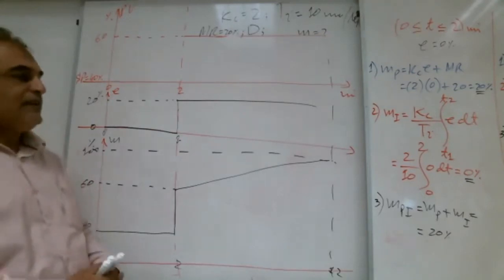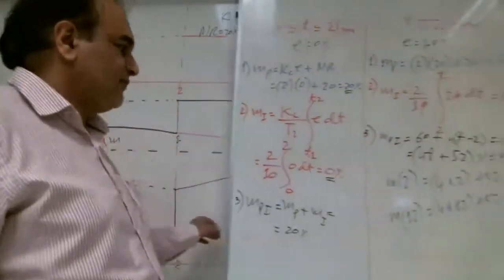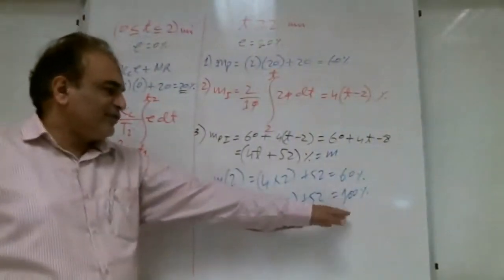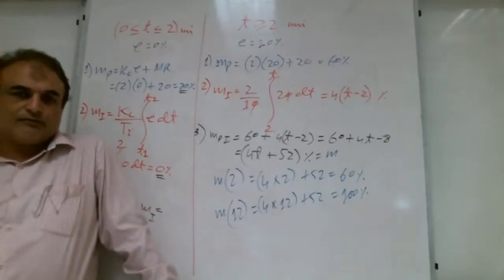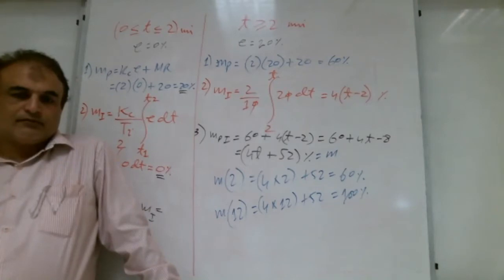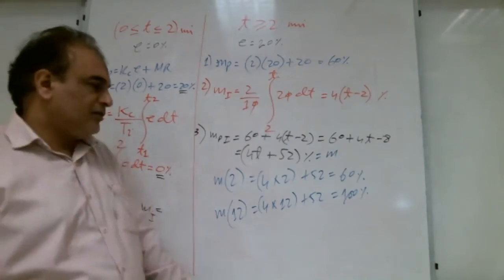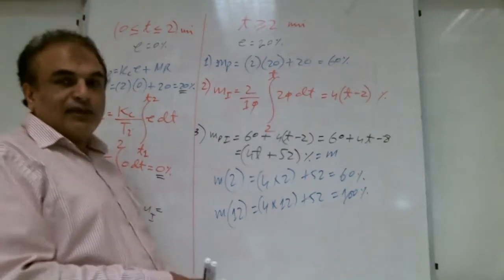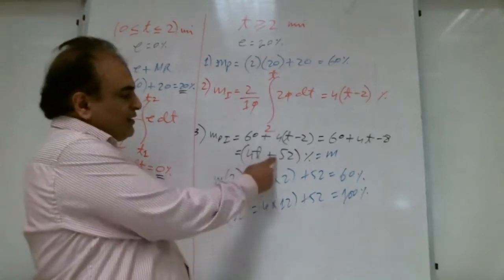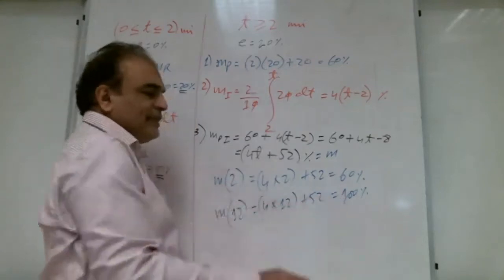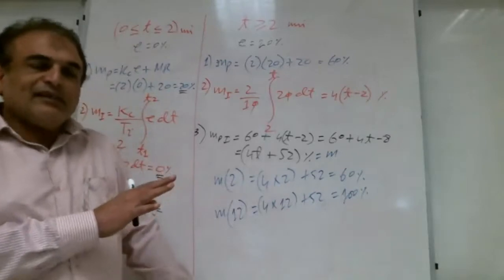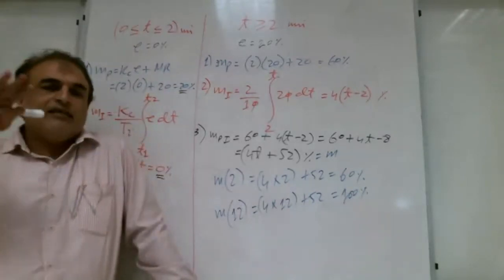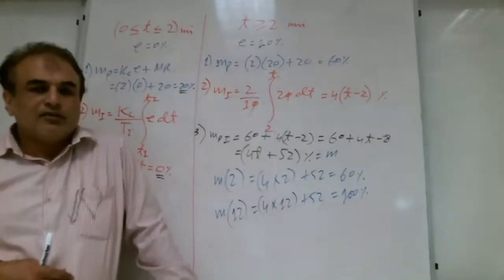Okay, Shabab. If it goes more than 100, then what happens? Imagine here we get 120. So then what do we do? Make the equation equal to 100. Very good. We apply this equation and we find where it becomes 100. We find the time, and after it becomes 100, we make the saturated straight line.